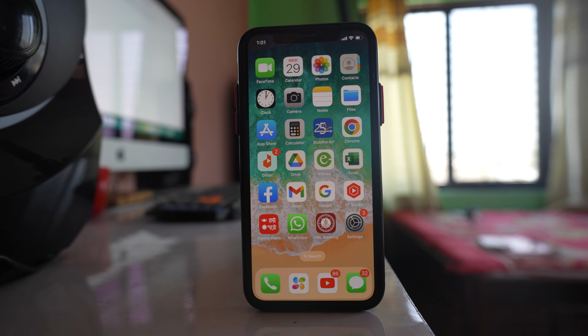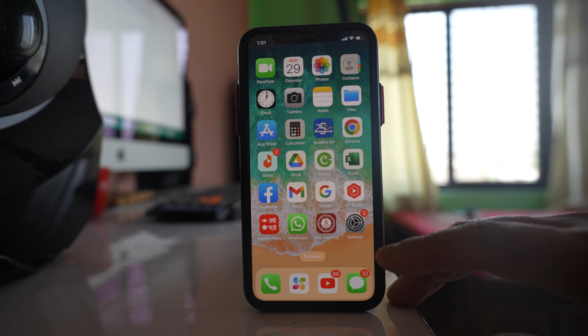In this video today, we will see how to lock the text message application in your iPhone. Now the first method to lock the text message is to lock the iPhone itself. So when you put a passcode on your iPhone, then other person cannot open the iPhone, due to which they cannot see the text messages.